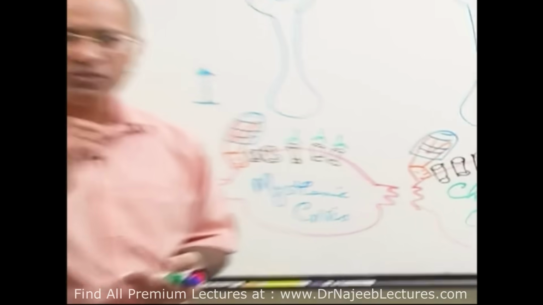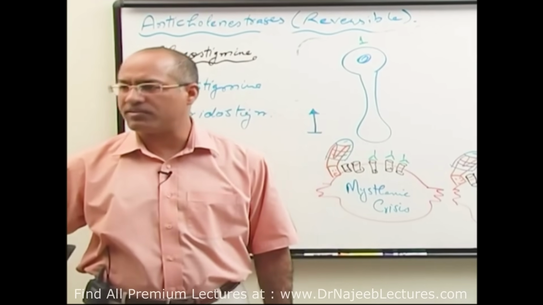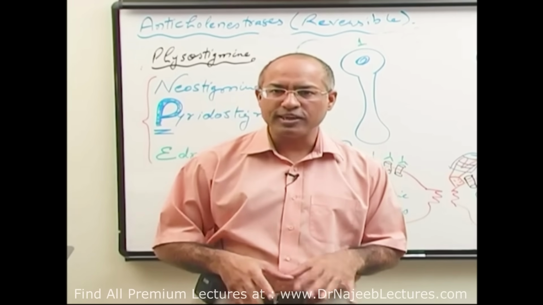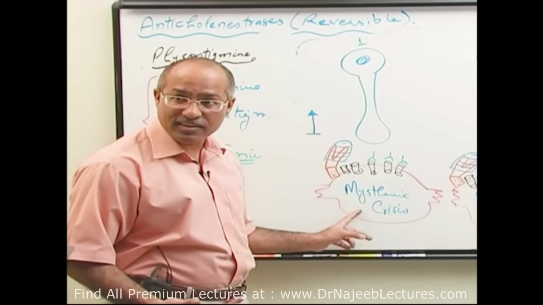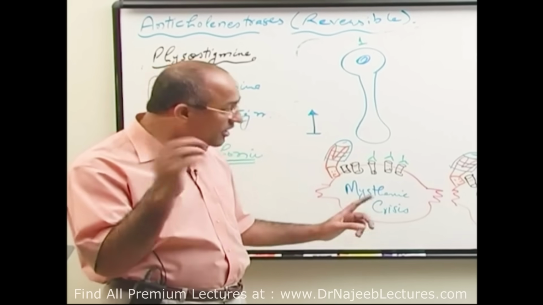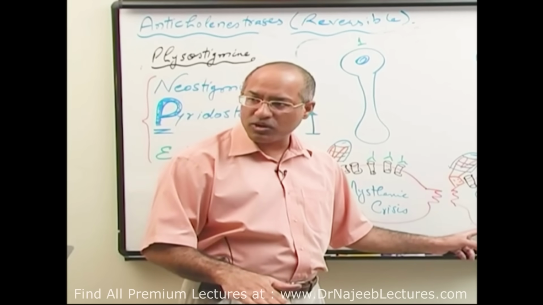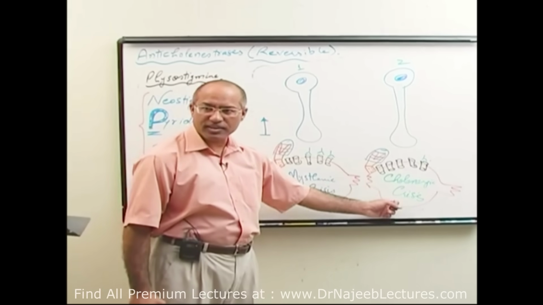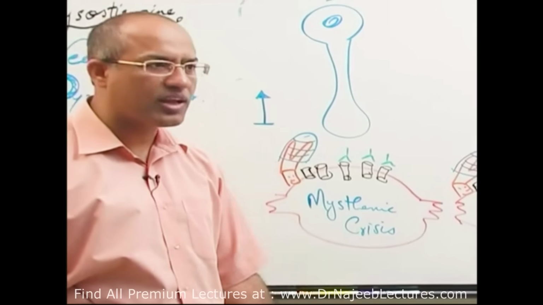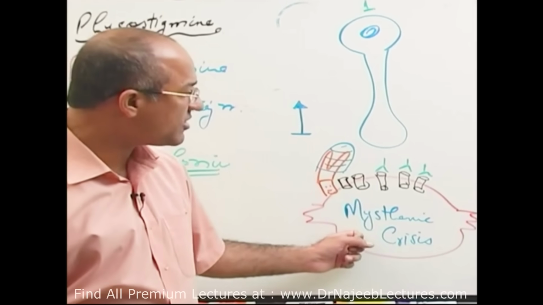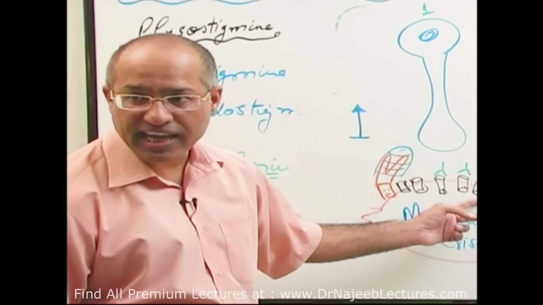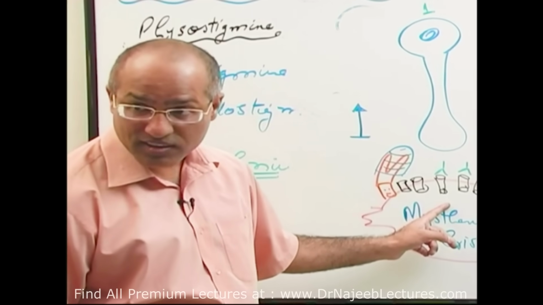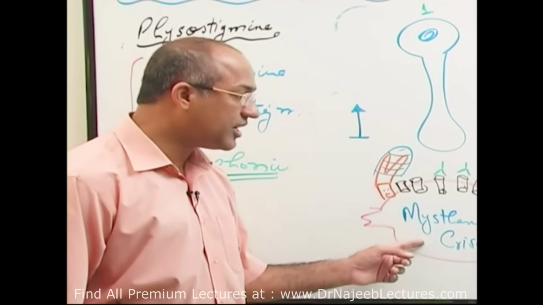So, you should have a very clear concept that if patients who have myasthenia gravis are on treatment and again develop weakness, it may be due to myasthenic crisis, where the underlying disease has exacerbated, or it may be cholinergic crisis because the underlying disease has gone. So, we were talking about myasthenic crisis and cholinergic crisis. In both cases, the patient comes with muscular weakness. But in myasthenic crisis, because antibody concentration and immune attack against the nicotinic receptors has increased, right? So due to that reason, there is weakness.